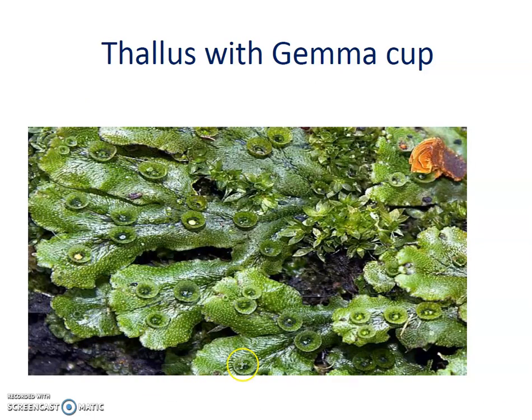So this is the Marchantia thallus. Why is it called a thallus? Because in this type of plant there is no root, no stem, and no leaves present. So if the root is absent, stem is absent, and leaves are absent, then the body is called a thallus. This is the thallus of Marchantia plants. It is a flattened plant up to 2 to 3 inches. It is not much taller.